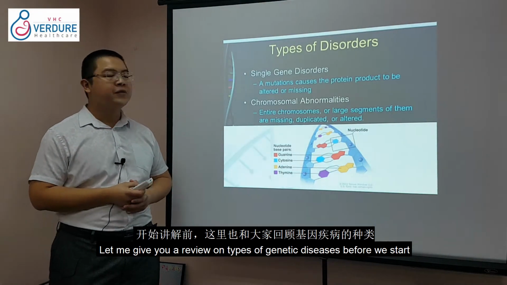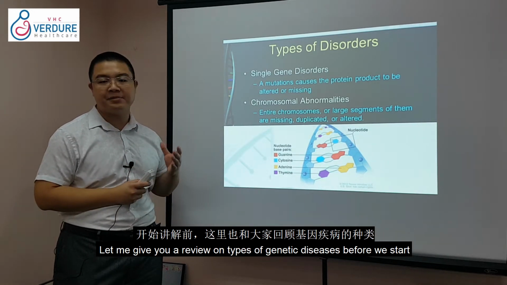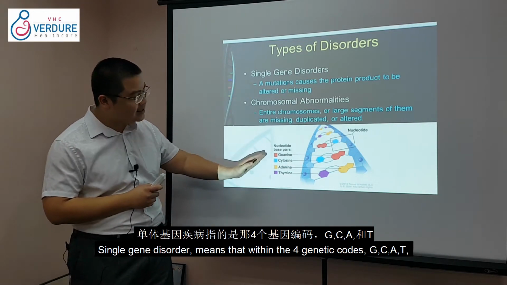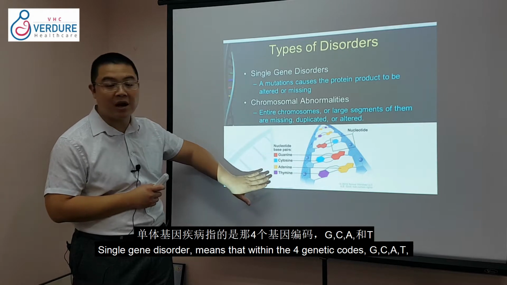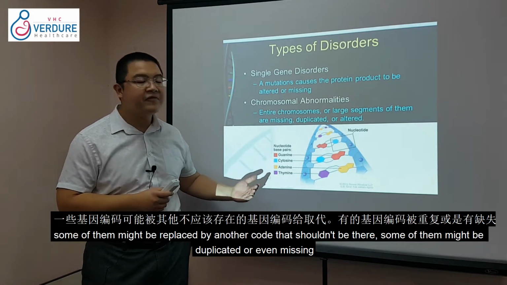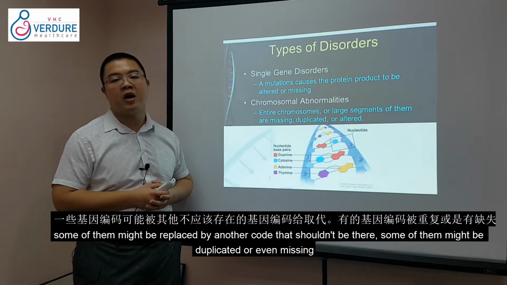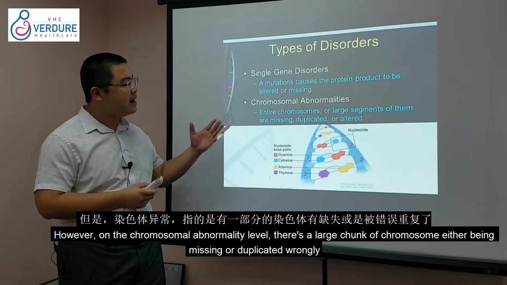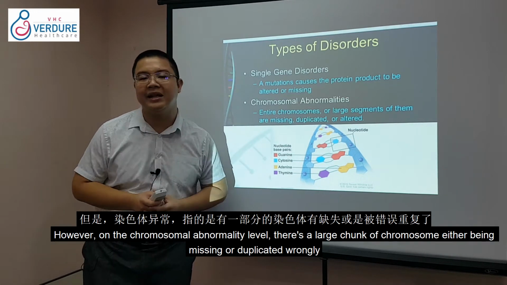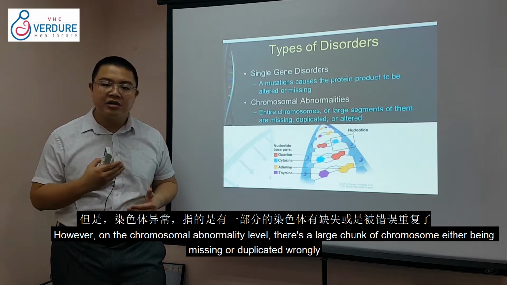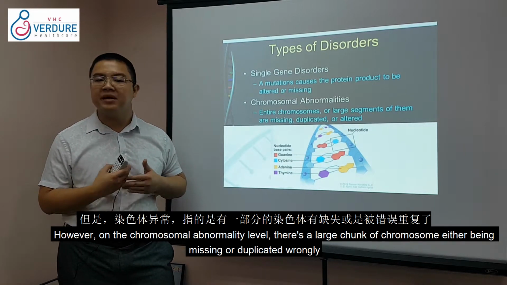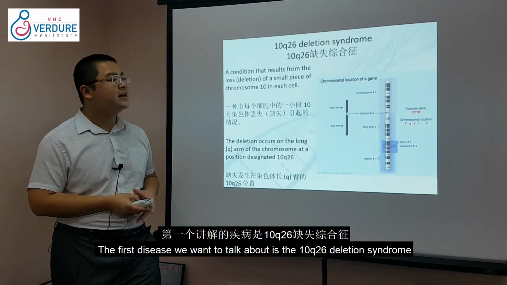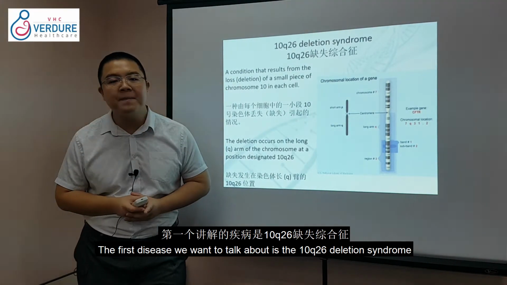Let's have a bit of a review on the types of genetic diseases before we really get started. Single gene disorder means that within the 4 genetic codes, G, C, A, and T, some of them might be replaced by another code that shouldn't be there. Some of them might be duplicated or even missing. However, on the chromosomal abnormality level, there is a large chunk of chromosome either being missing or duplicated wrongly. The first disease we're going to talk about is the